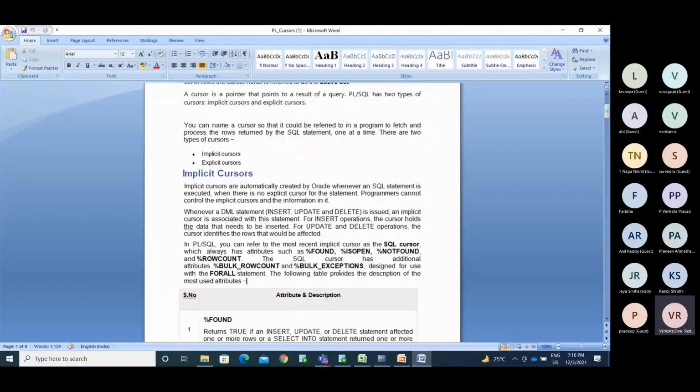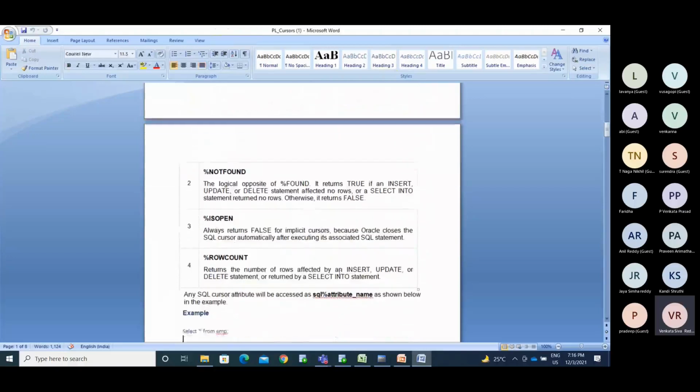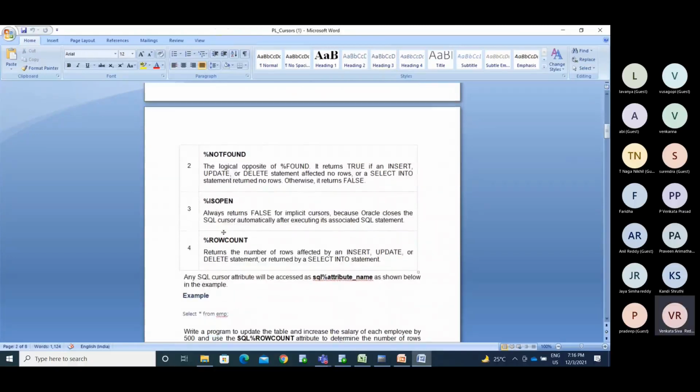These are the things I have mentioned here. Is open always returns false for an implicit cursor, because Oracle closes the SQL cursor automatically after executing its associated select statement.